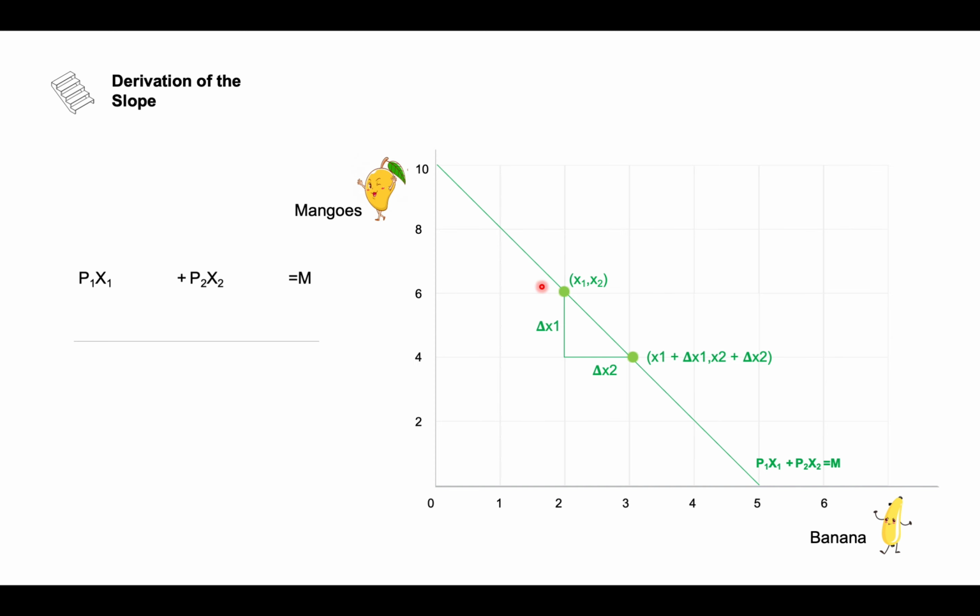Now from this, what is the equation? P1 x1 plus P2 x2 is equal to m. From this, what is the equation? P1 into x1 plus del x1, plus P2 into x2 plus del x2, is equal to m. If I subtract this, P1 x1 and P1 x1 get cancelled, so this one will be P1 del x1. Here also P2 x2 and P2 x2 get cancelled. Then it is P2 del x2 equal to m, and m gets cancelled. It will be 0. So P1 del x1 plus P2 del x2 is equal to 0, from which del x2 by del x1, this is the slope, is equal to minus P1 by P2. Since the slope is a modulus, slope is equal to P1 by P2.